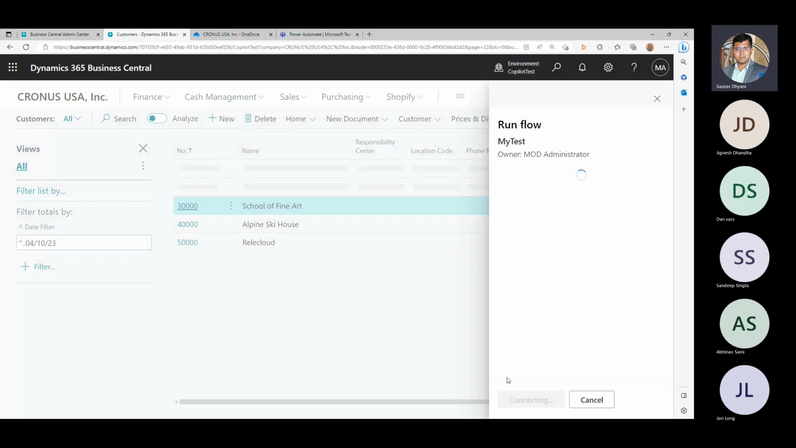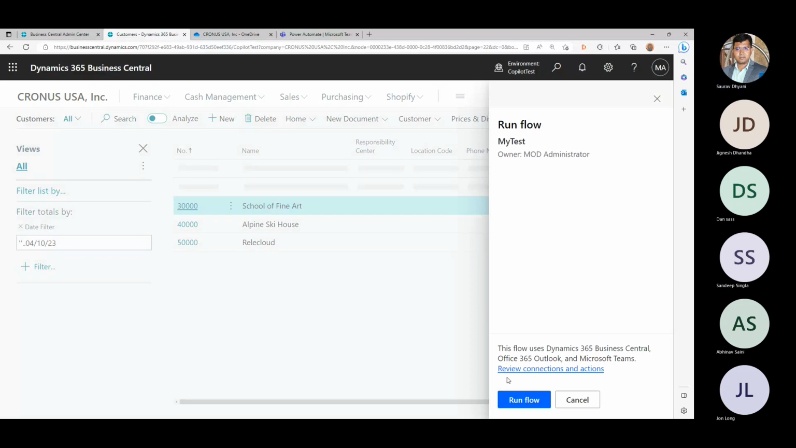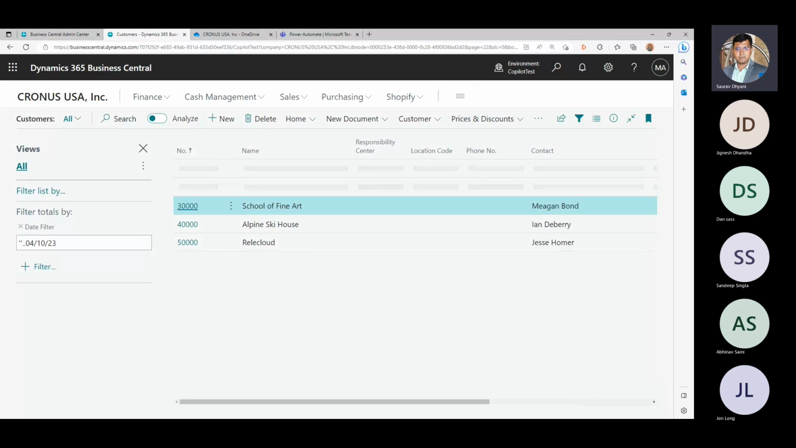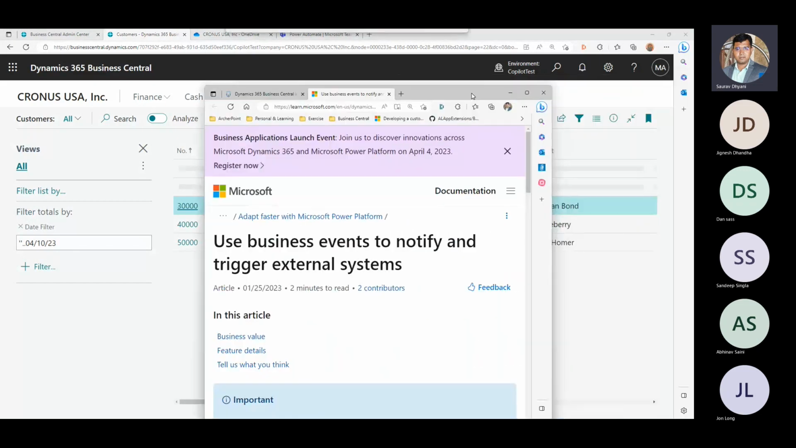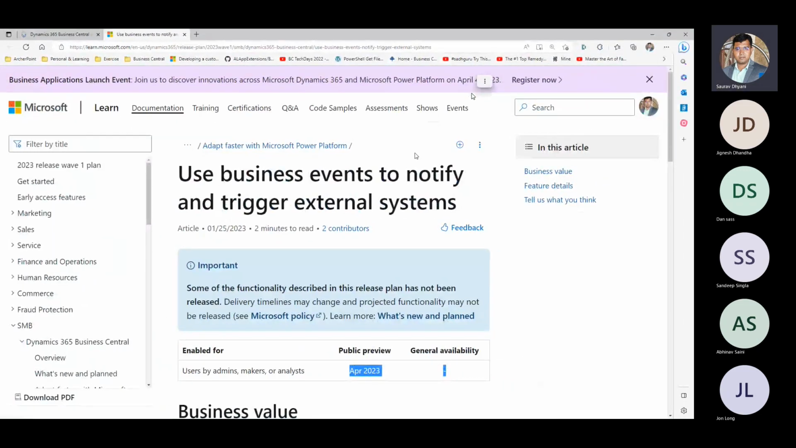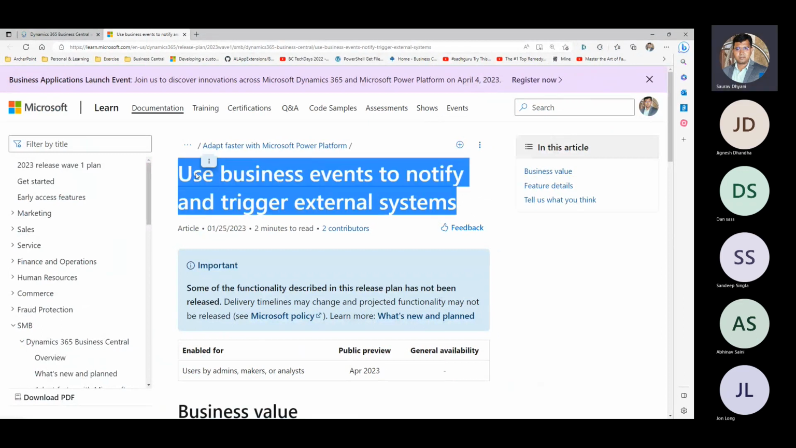The other way is you run an automated flow, which is built in Power Automate, where you say, hey Power Automate, if this event happens, like if somebody changes a field on the customer card, then do this. To even do that, you need API pages exposed and you need some templates baked in from Microsoft to utilize them. With this, think of a situation where